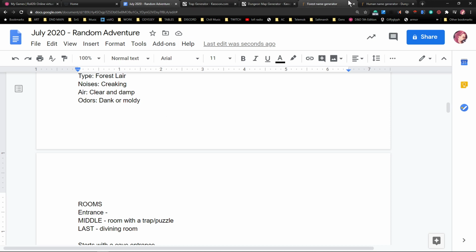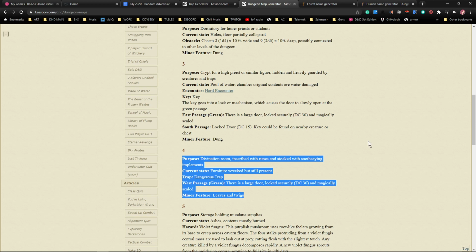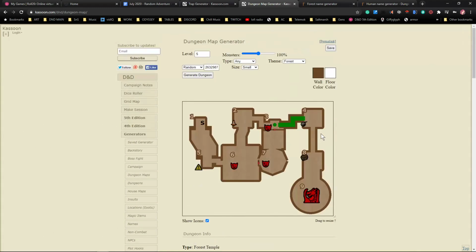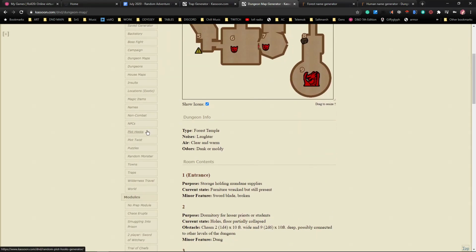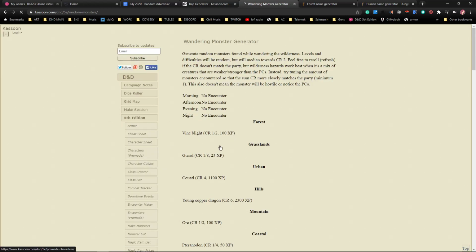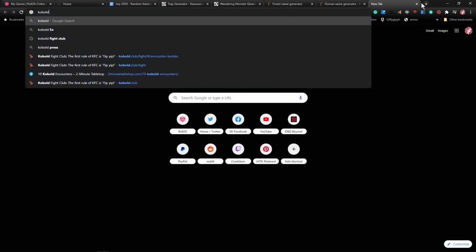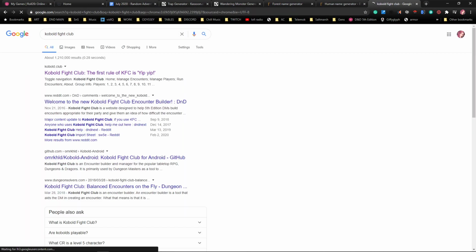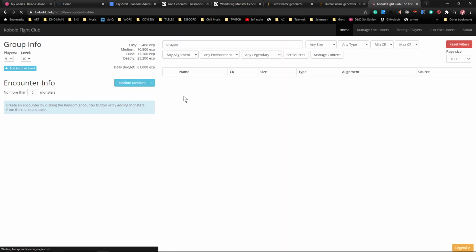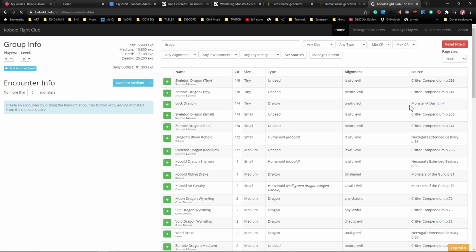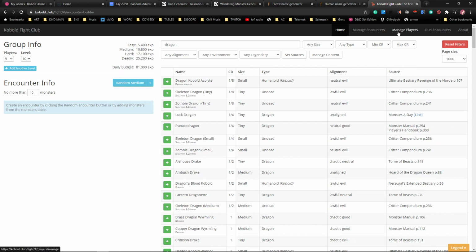So for the entrance, we should definitely do a nice tough monster fight. Now, we could use Kassoon to generate a random monster encounter, which is cool. Or we could go to Kobold Fight Club and use their generator as well, because they have an encounter generator. Alright, so